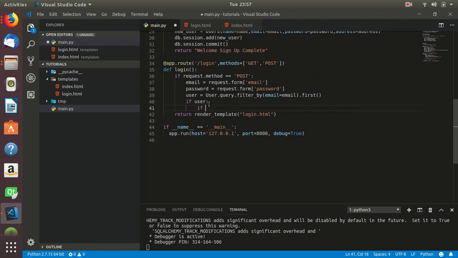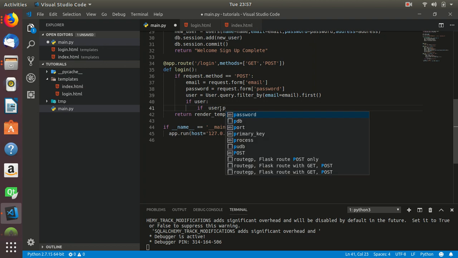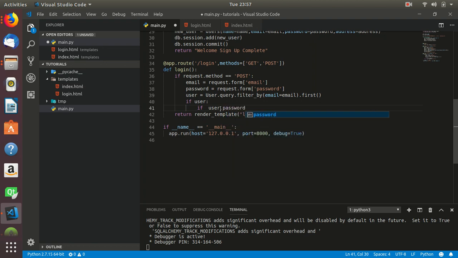So since we have this variable user has saved every information that belongs to this column called email, now we can use this object name to check user.password, the password that belongs to this email address. So now we can match it with the fresh one coming from here, this variable that we have up here. So we say if user.password is equals to password,